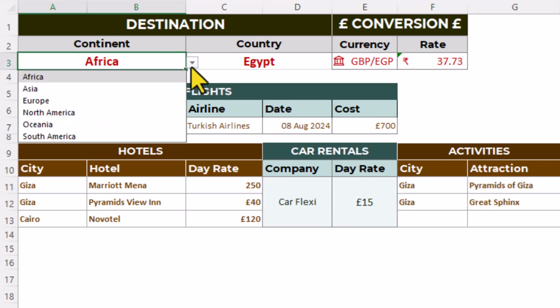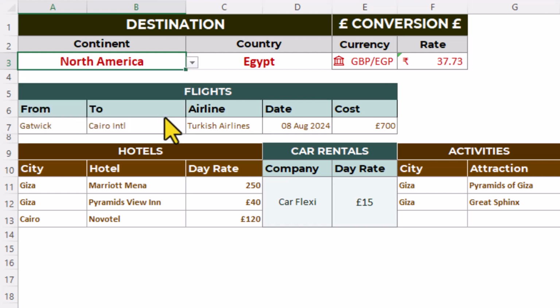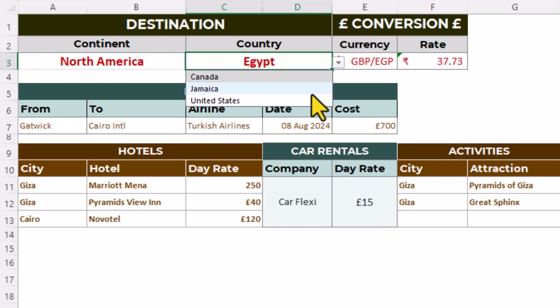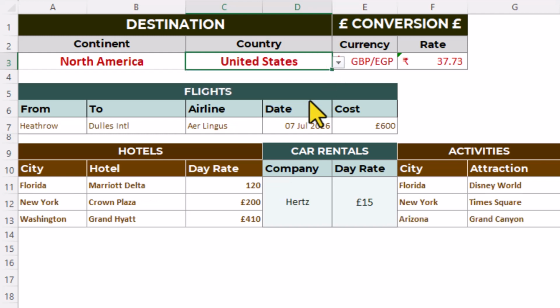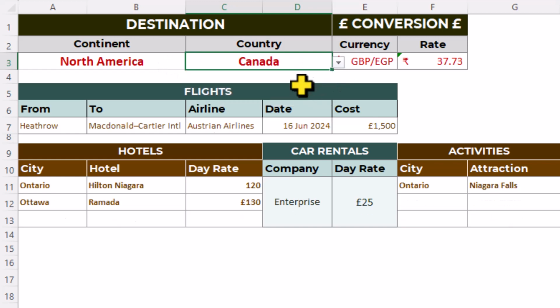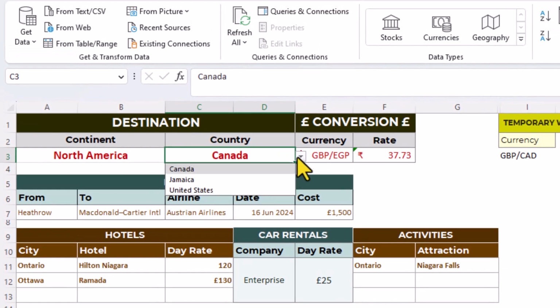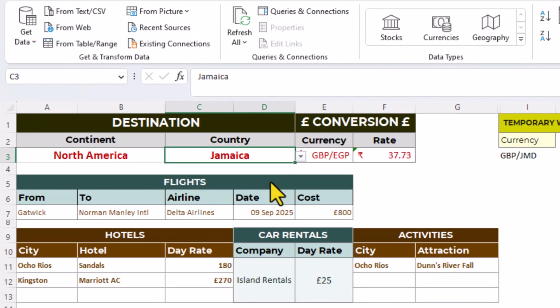Our first trip is to the USA, and we'll see all the data updates. And then we'll go to Canada and Jamaica. We'll update the exchange rate